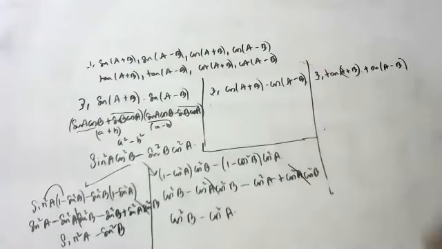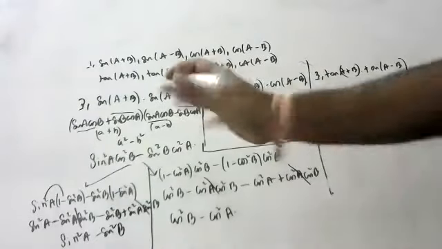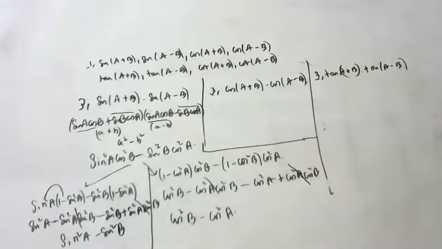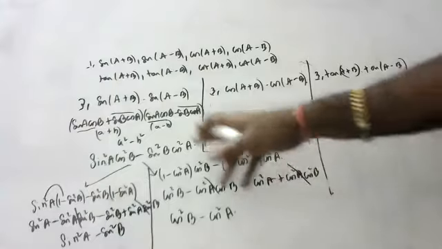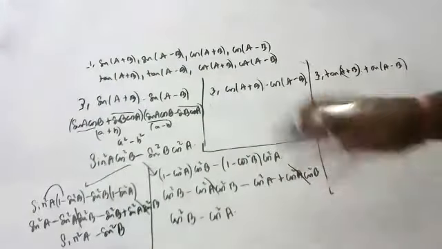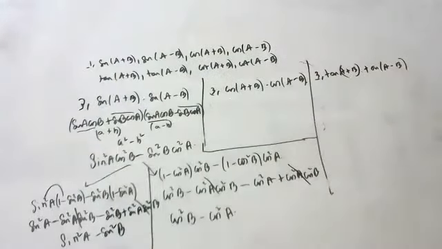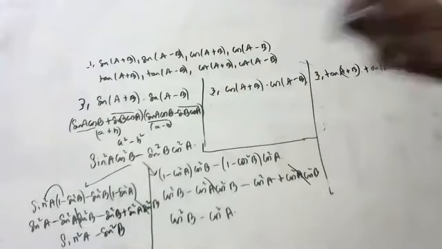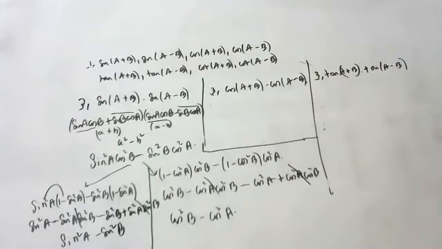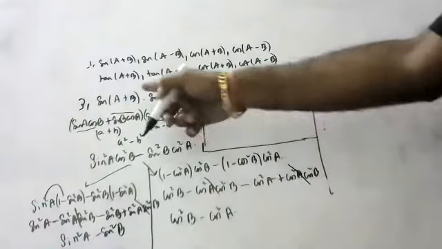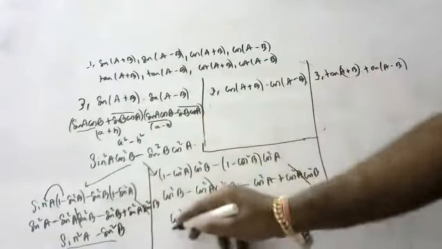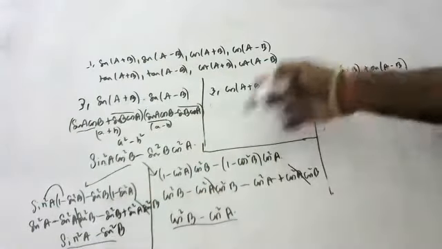Whatever we have, we have to use all these formulas, children. In intermediate, questions like this only will come, not normal sums. You should be thorough with all these formulas, children. No one will ask you these derivations in inter; they will give sums directly. How they will give, I will show you. Now, let us derive this formula also. I want this answer either in sine or cos. I got it, children.